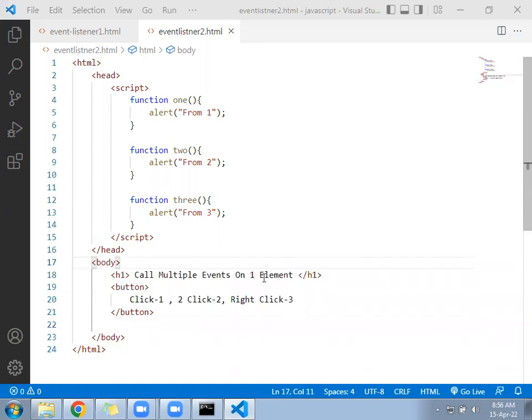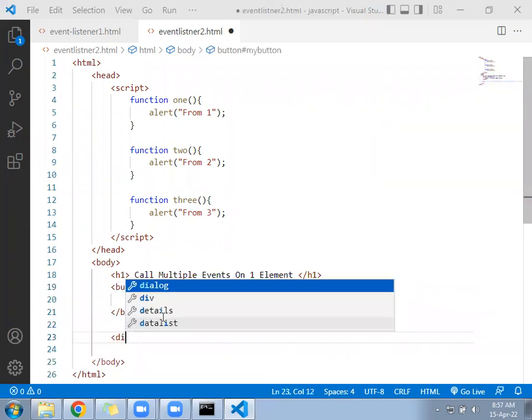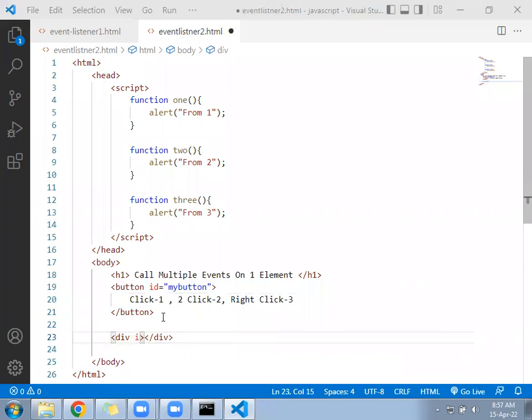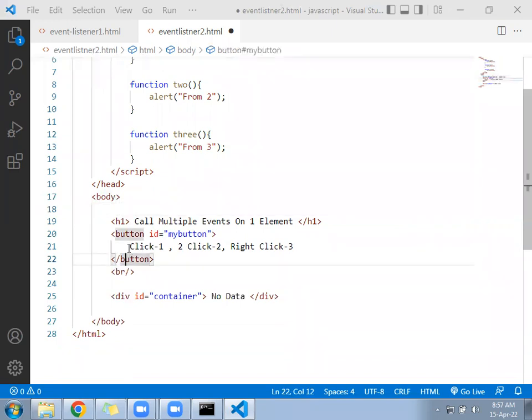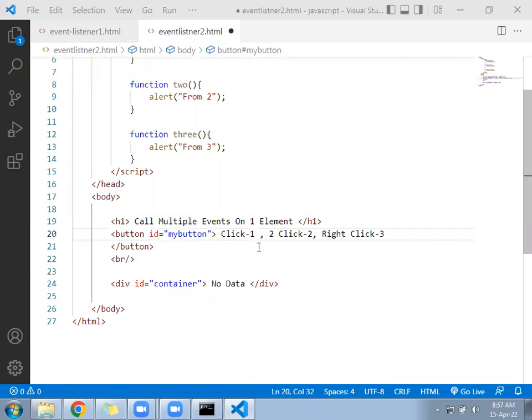Okay, hope you are ready. Now for this button give an id equal to myButton. Right below, add one div tag. Under the div tag, id equal to container. No data. You can add one br here. Okay, so the button we added, and for that button the id is myButton, and after that